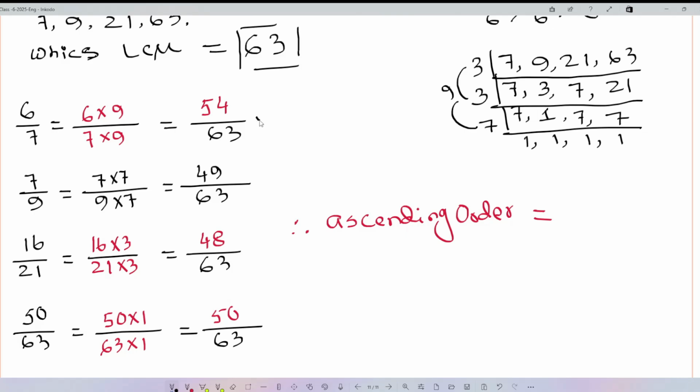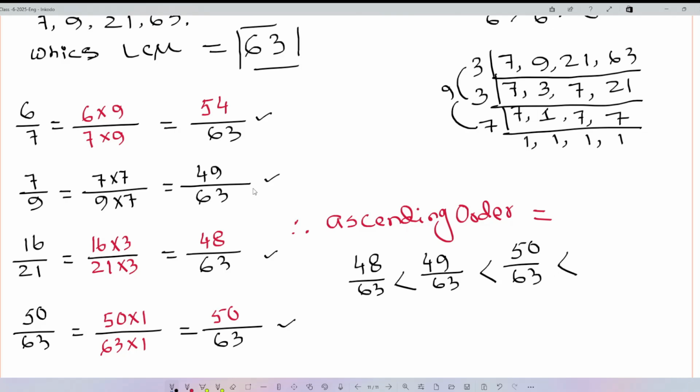Here 54 is larger, then 50, then 49, then 48. So ascending means smaller to larger. So we can write 48 by 63 less than 49 by 63 less than 50 by 63 less than